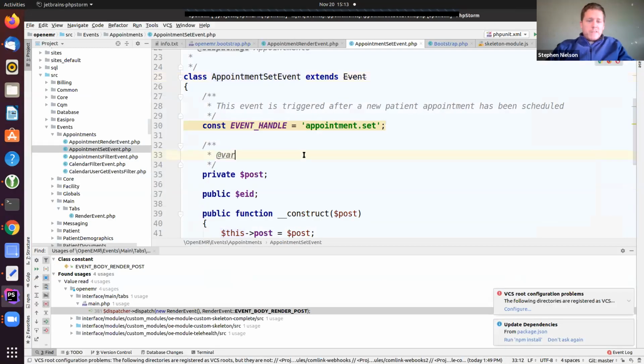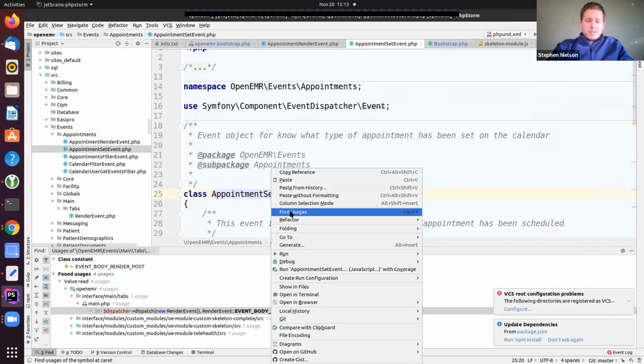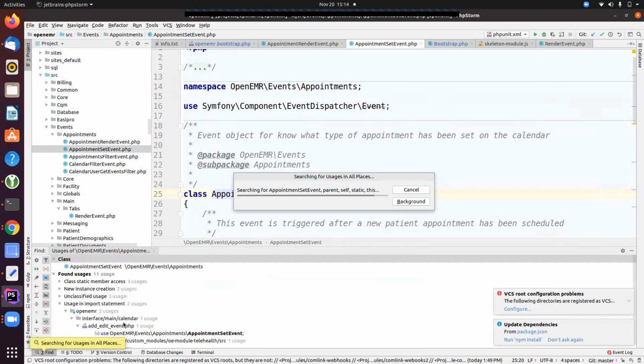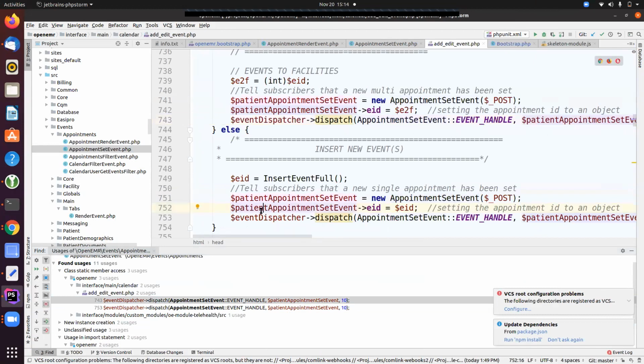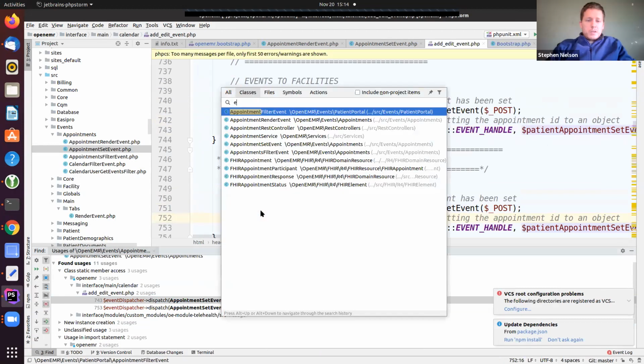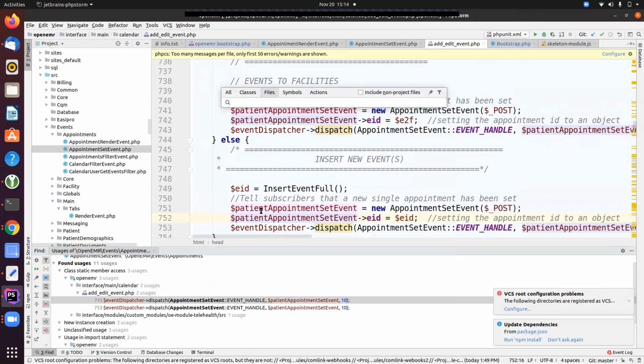So the appointment set event gets fired, if I remember correctly, every time an appointment is added. That won't help you on eligibility though. You have to go into the eligibility module and set up your event dispatchers there. So you're saying that if we go to eligibility, right? Yeah, it's embedded. It's a separate script. Well, this actually answers a question that someone else had. Jerry, do you remember the name of that script? Where is it at? No, but before we get off the call, I'll tell you.